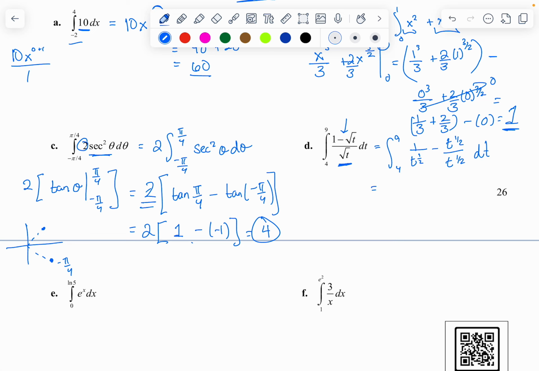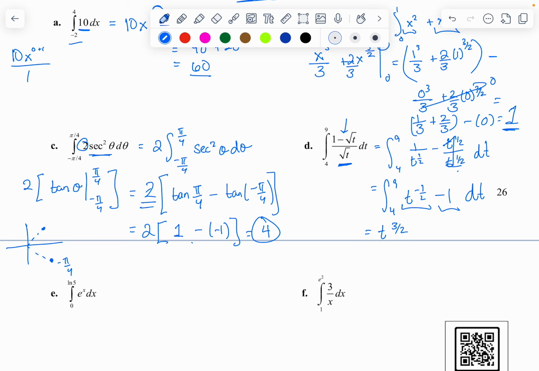I'm going to do a little more cleanup. So that's going to be t to the negative half. You want to bring it up so that you can use the power property of integration. And then t to the half divided by t to the half is, of course, 1. So we're going to integrate each one of these individually, and we end up with